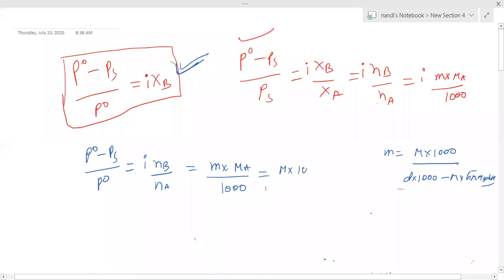Molarity into 1000 by density into 1000 minus molarity into